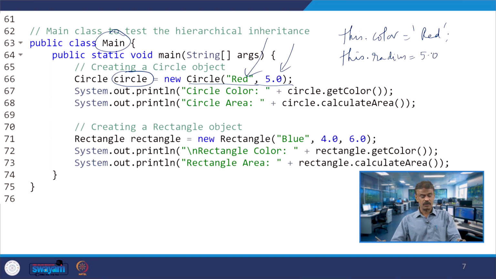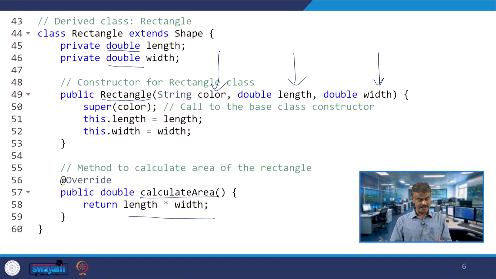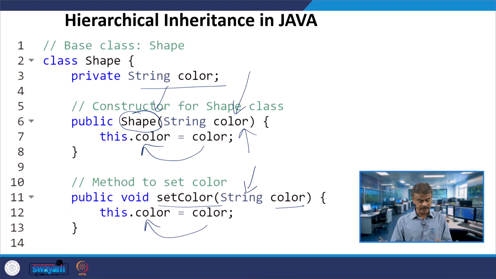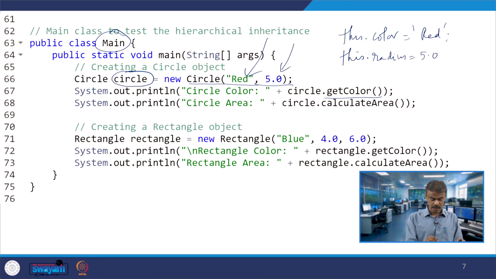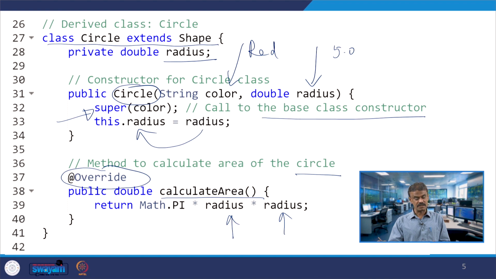When circle is calling the get color method, what is happening? Circle dot get color is returning the color. We do not have any set color here, just get color, which will return the color.